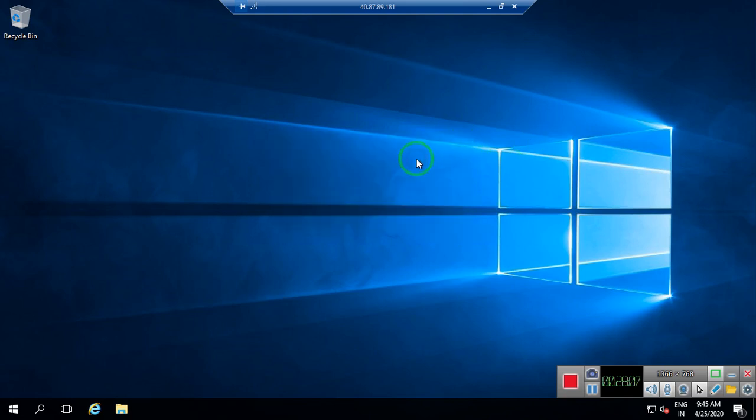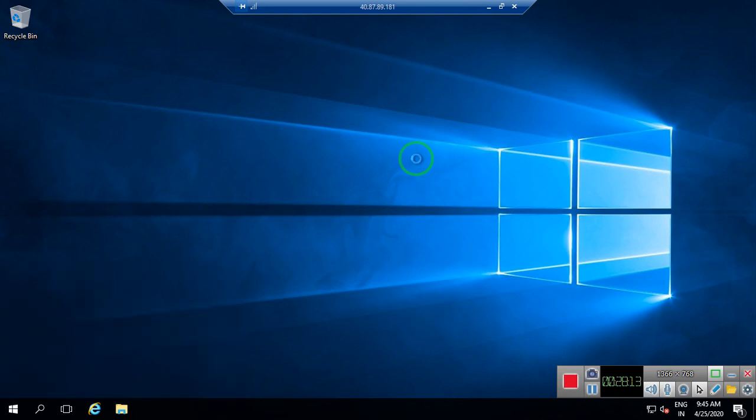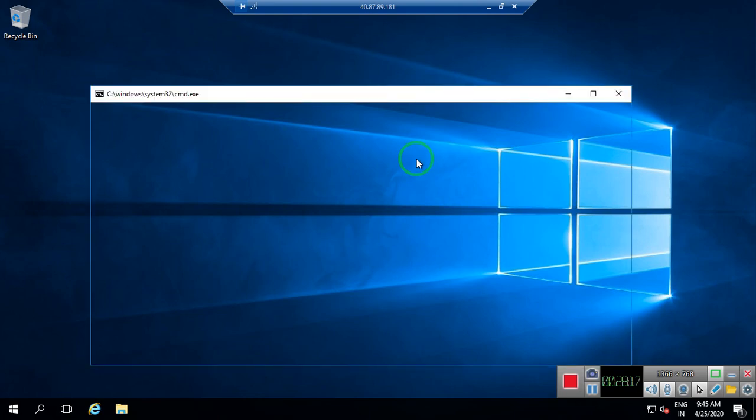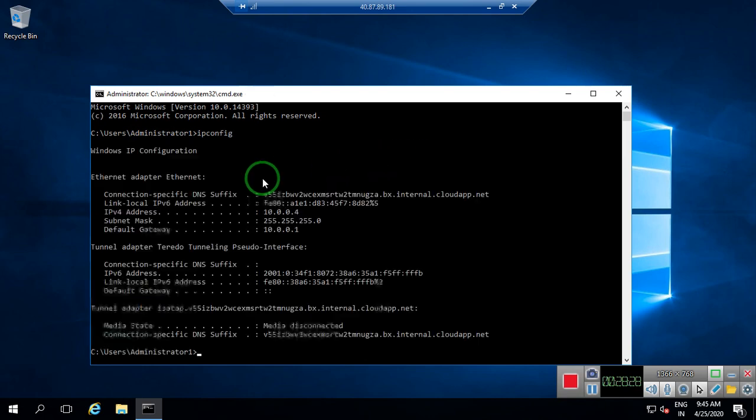I just check once with the command. I need to check the IP address first. I open CMD and check ipconfig. Enter, and as you can see it works on 10.0.0.4.